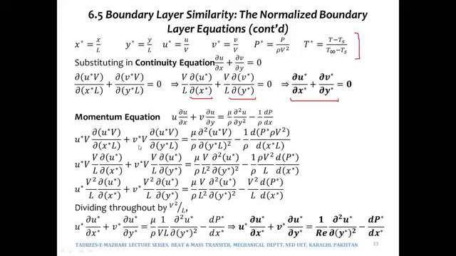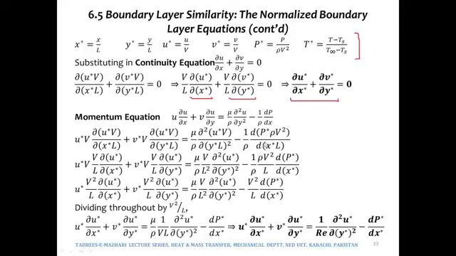In the second term we already have v star times V, and then V would be taken out of the numerator, out of the differential sign, and similarly L will be taken out of the differential sign in the denominator. So it would be V by L over here, and therefore we would have ∂u star by ∂y star, and we have mu over rho over here, and V would be taken out of the differential sign, and similarly L squared will be taken out of the differential sign because it is ∂ of this thing squared. So we would have ∂² u star over ∂y star squared